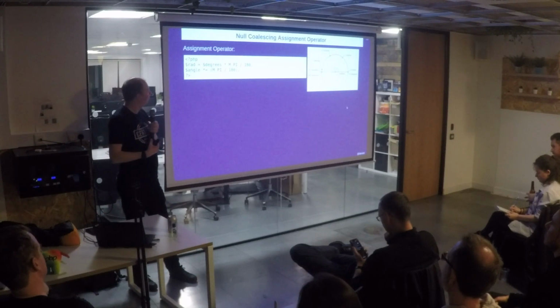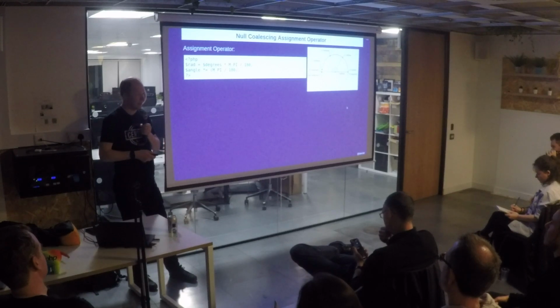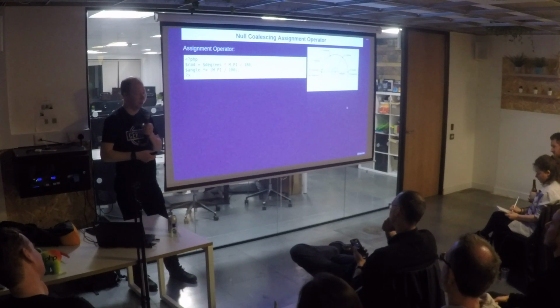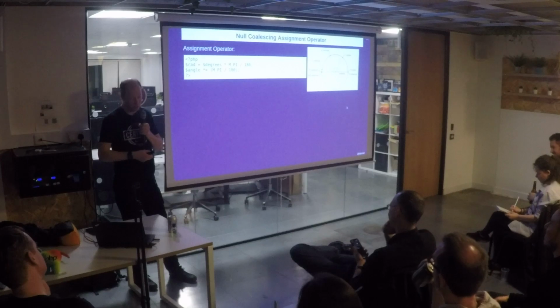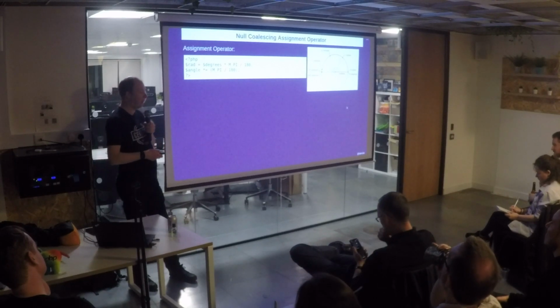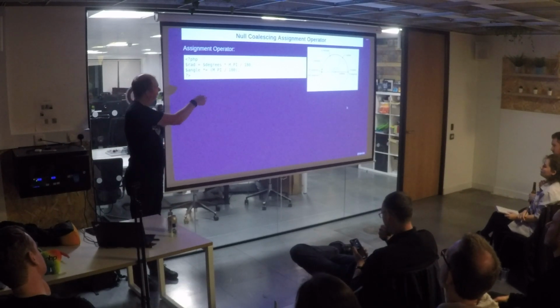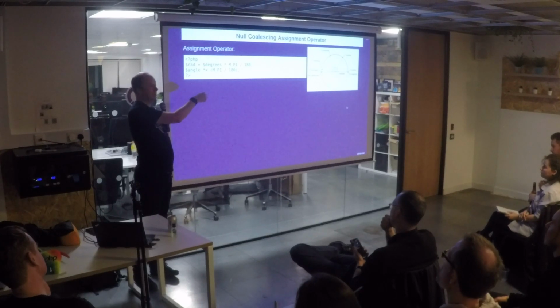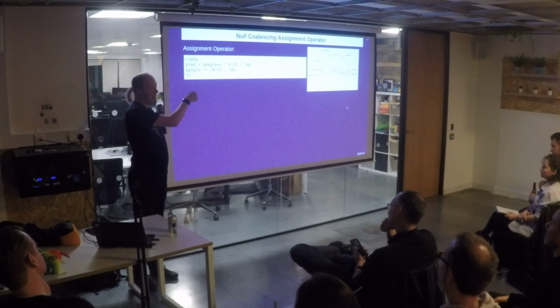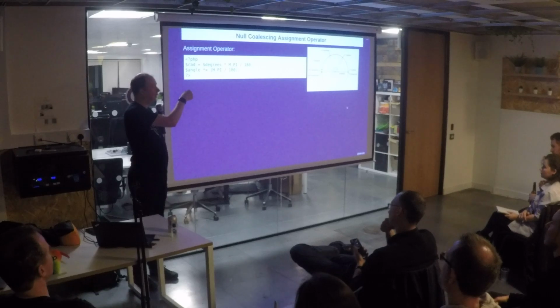So a bit of a missed opportunity when the null coalescing operator was introduced, that there was no variant for assignment, right? If you have the power or the multiplication operation, then you can use multiplication equals to change the value in place.